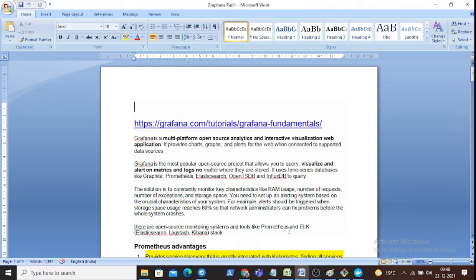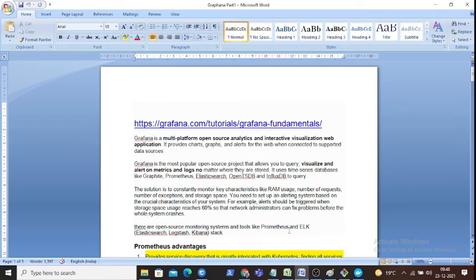So we can create various alert mechanisms here so that we can continuously monitor the logs as well as the endpoint characteristics. And we can also create alert triggering mechanisms so that we can take action on the application and fix the problems at an early stage before the application